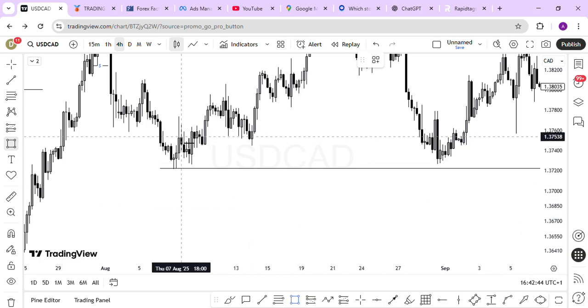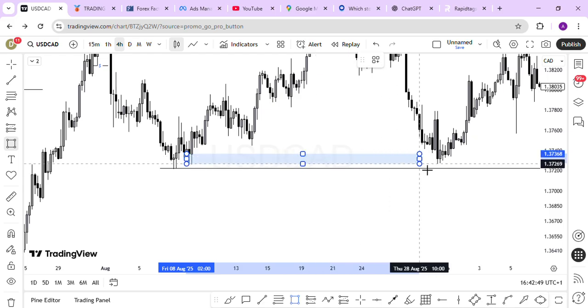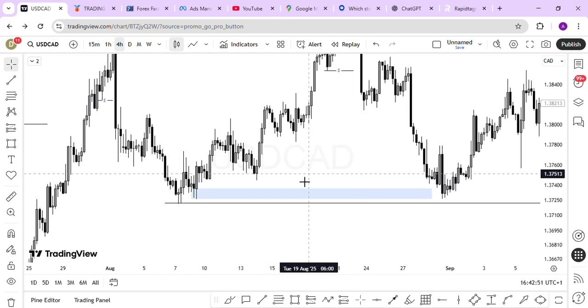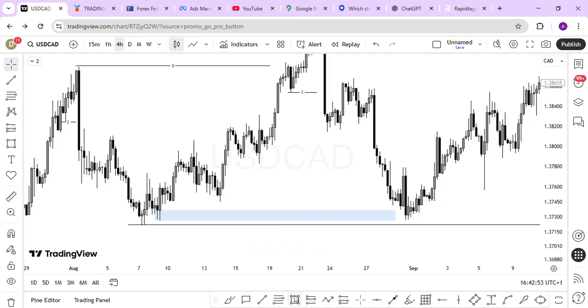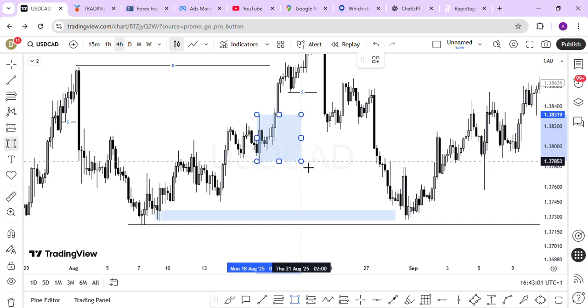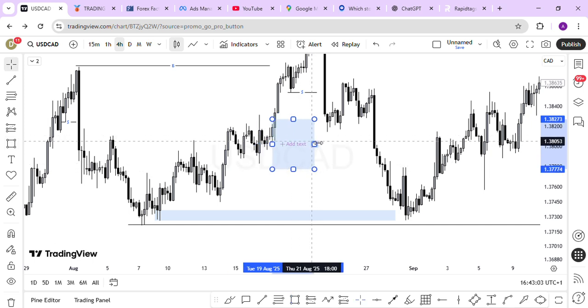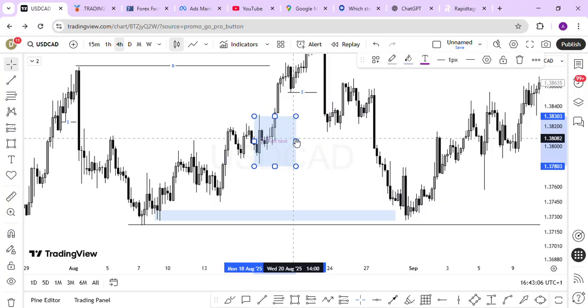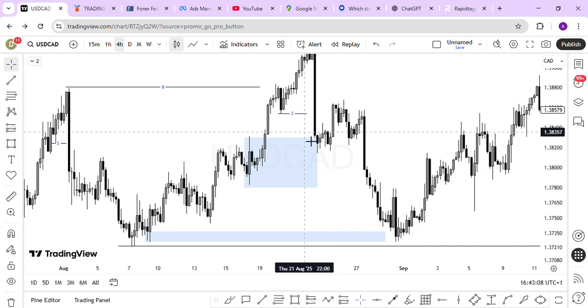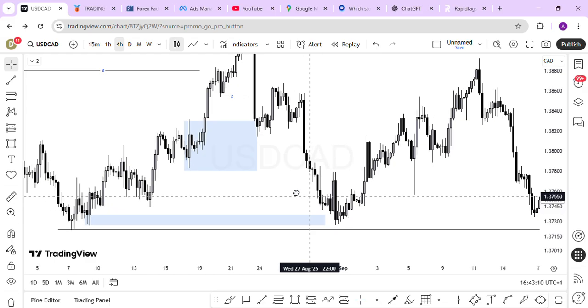I think I will still explain how I pick some hidden POI that is not absolutely an order block. Maybe in another video I'll have to do that. And where is the decisional POI? I think we have this whole candle as a decisional POI. So if we were to pick this, now you see market reacted from here and failed and came down straight